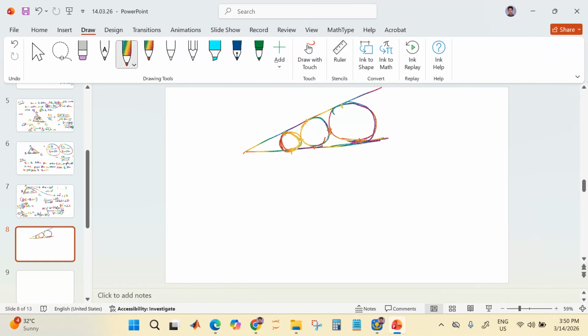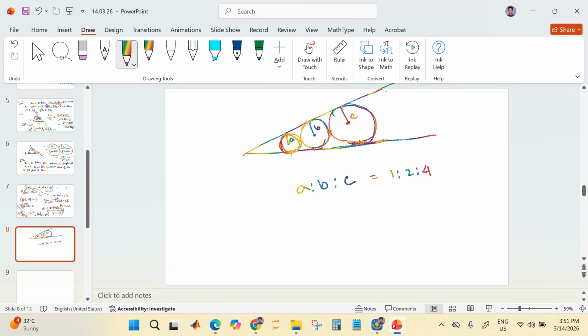কি হয়, এই যে রেডিয়াসটা থাকে না, এটা এ হলে, এটা যদি বি হয়, এটা যদি সি হয়, তাহলে দিস এ ইস টু বি ইস টু সি, যেটা হবে ওয়ান ইস টু টু ইস টু ফোর। এবার তুমি বলতে পারো যদি আরেকটা সার্কেল থাকে এখানে, সাপোজ পুরোটা ড্রয়িং করছি না কারণ এখানে বেরিয়ে যাবে বলে। সাপোজ তার যে রেডিয়াসটা যদি ডি হয়, তাহলে কি হবে বলো দেখি, এই সিকোয়েন্স যদি এগোয়,